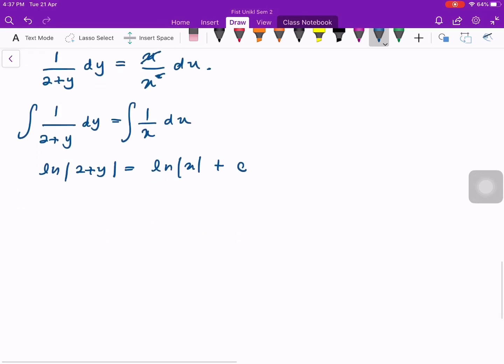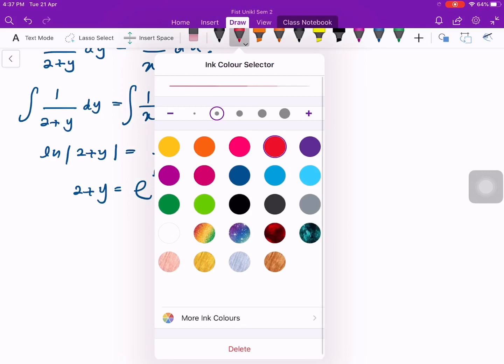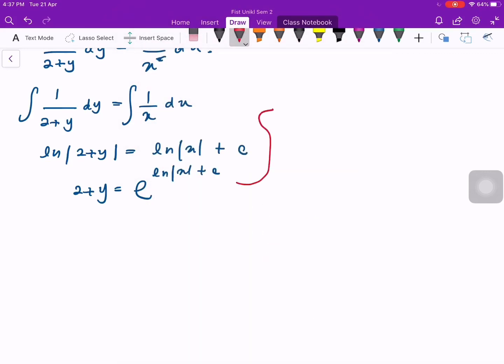So we have ln absolute 2 plus y equals to ln absolute x plus c. Dan apa yang saya akan buat dekat sini, the next step is I'm going to change this function of ln into exponent. Okay, so mana pelajar yang masih ingat how to change from ln to exponent? Okay, bila saya tukar kepada exponent, dia akan jadi 2 plus y equals to e to the power of ln absolute x plus arbitrary constant c. So saya recall balik how I'm doing this. So this concept is actually coming from